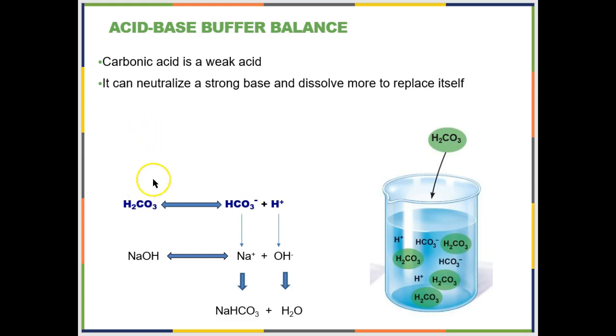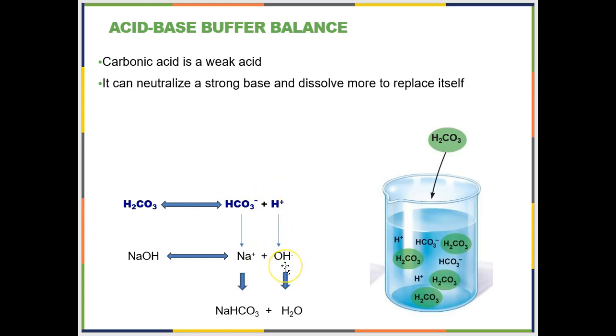So more of this is then going to fall apart, because there's always going to be in solution the same ratio of intact carbonic acid to dissolved carbonic acid. So the dissolved carbonic acid neutralizes the base, and then the undissolved carbonic acid dissolves to replace the hydrogen ions